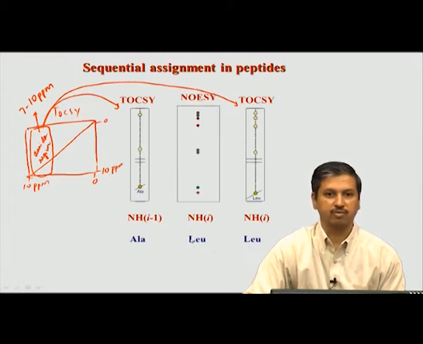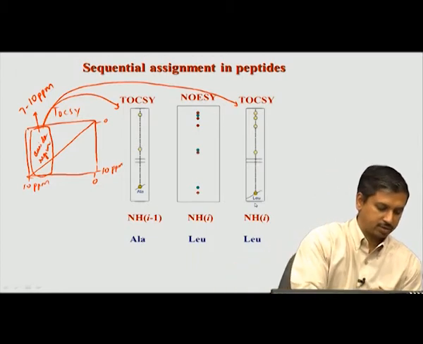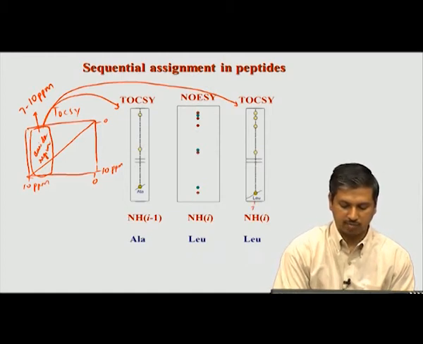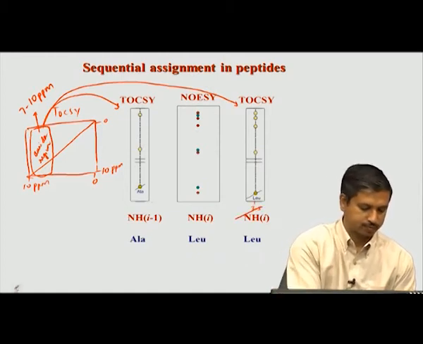We can find it out from the NOESY. In a NOESY, the two different spin systems which are there in the TOCSY will be combined. If you look at the NOESY NH region, the NH chemical shift of the leucine is the same chemical shift. You see this is the leucine spin system, and there is this residue i, whose NH value is somewhere, let us say 7.1. Let me again write it down so that it is clear. Let us say that this one is 7.5.